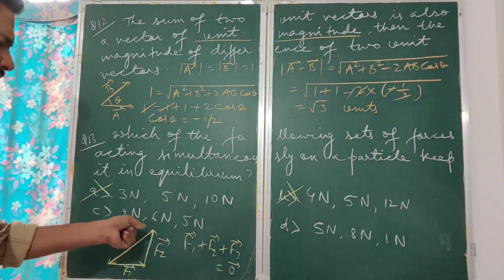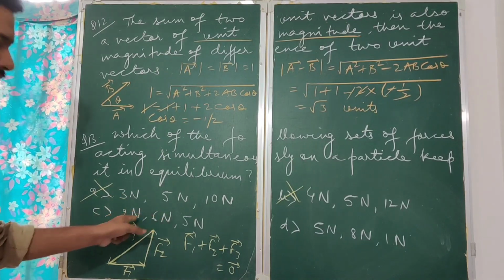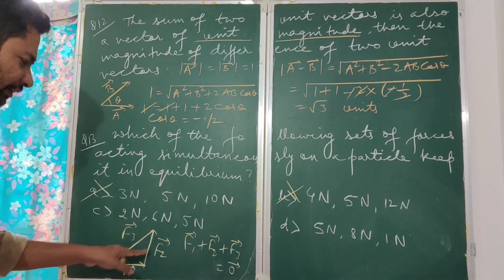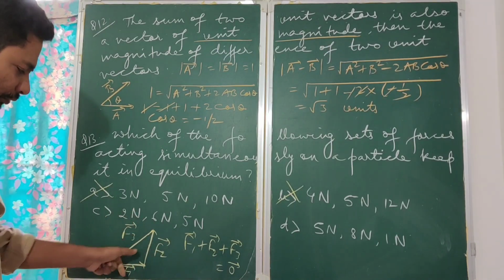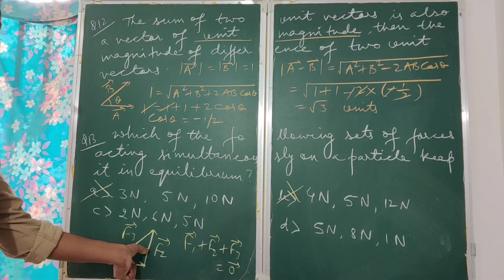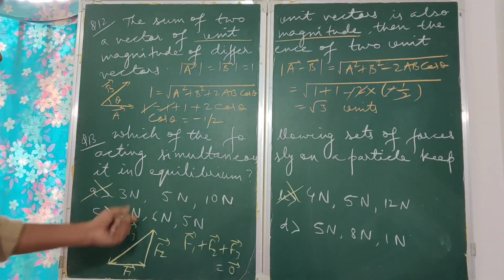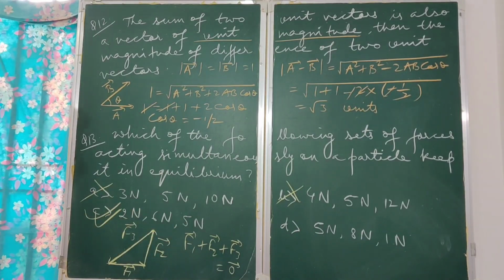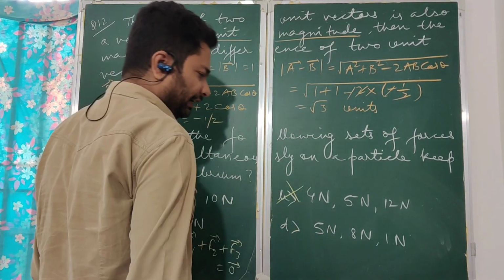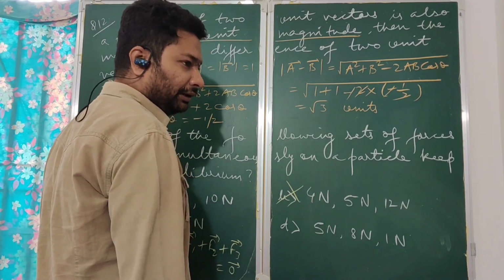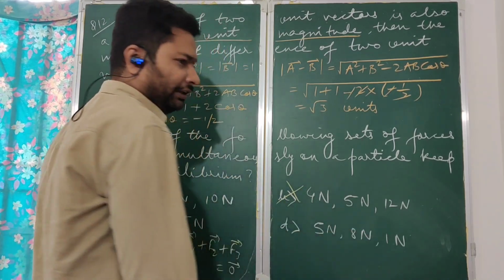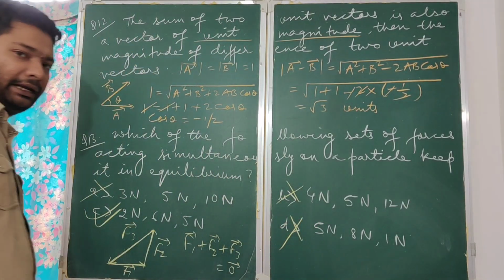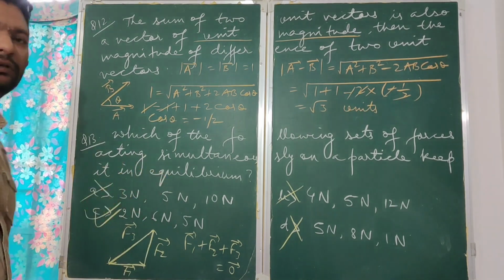You take in any order, if you take it, you will see that the sum of the two sides, because these 2, 6, 5 are representing the lengths of the sides of this triangle. So the sum of any two sides of a triangle must always be greater than the third side. So that is being satisfied in case C only. Any order if you take. Again here you can see it is not satisfying that. Are you able to understand? Because if you take 5 and 1, 6. So 5 plus 1 is less than 8. So again this is also not correct. That is how you solve such kind of problems.